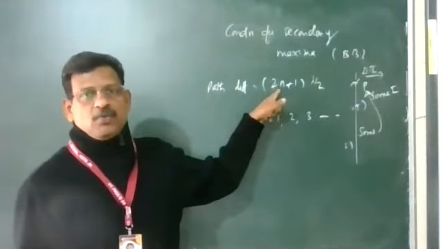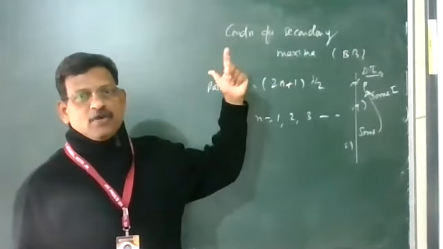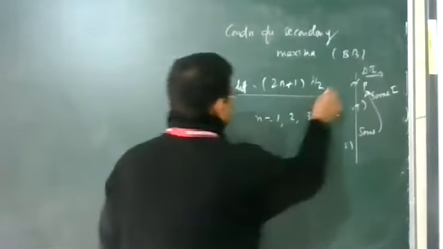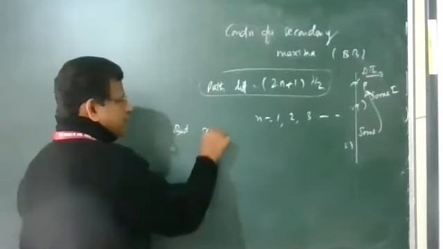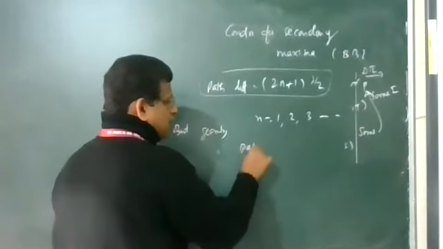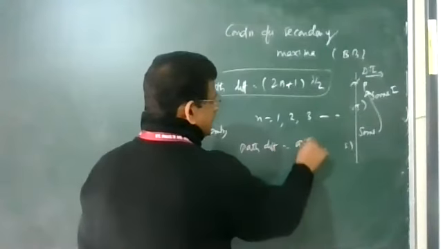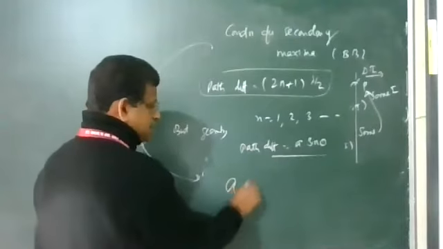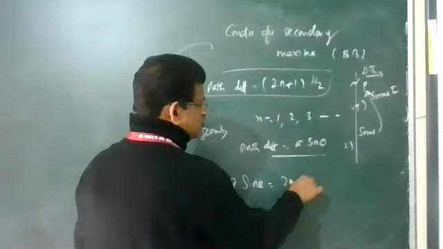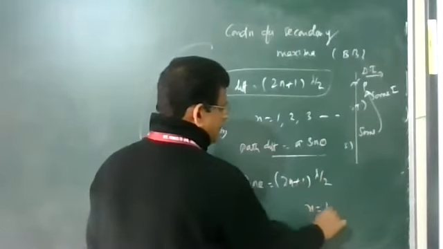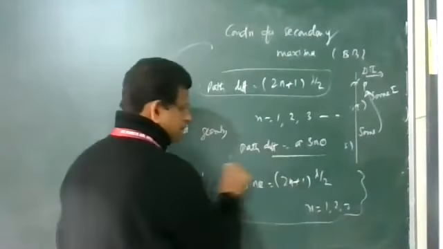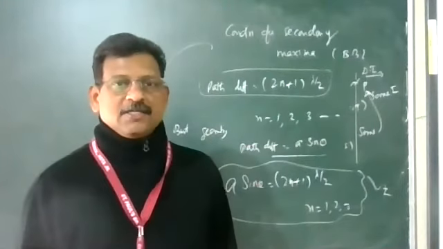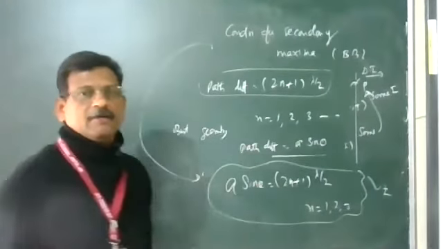And remember, (2n minus 1) lambda by 2 is the condition for a dark band in interference. Here we used a plus sign, with n values 1 to 3. So this is the path difference. But from the geometry of the diagram, the path difference is already calculated by the equation a sin theta. So we can equate. Therefore, the condition for secondary maximum in diffraction is a sin theta equal to (2n plus 1) lambda by 2, where n is 1, 2, 3. Very important: the conditions in interference and diffraction are just reverse, so remember this.